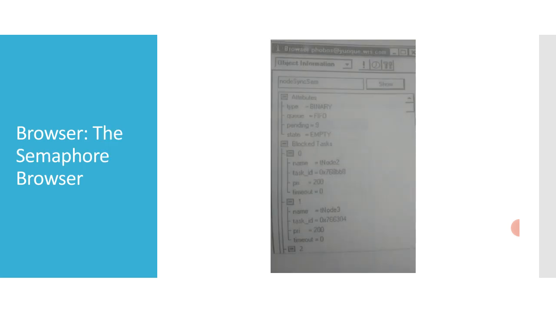Next is the semaphore browser. It's a specialized semaphore browser as shown in the figure here. It displays information about the semaphore itself under the heading attributes, and the complete queue of tasks blocked on that semaphore under the heading blocked tasks. POSIX semaphores have a somewhat different collection of attributes, and the browser display for a POSIX semaphore reflects those differences.